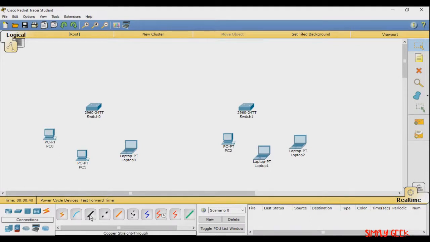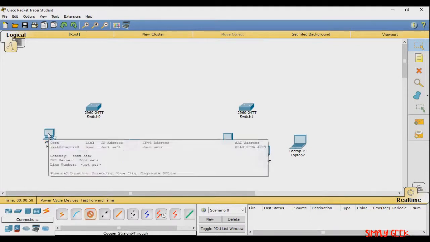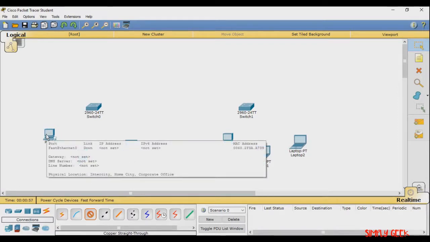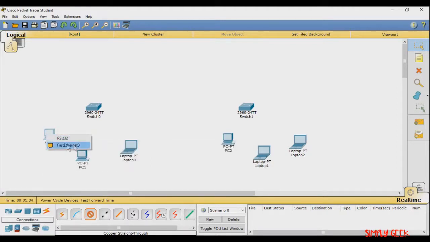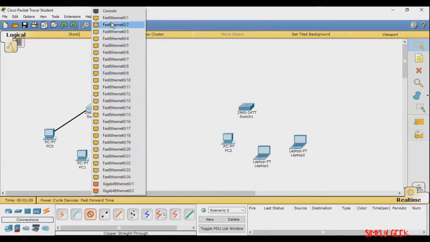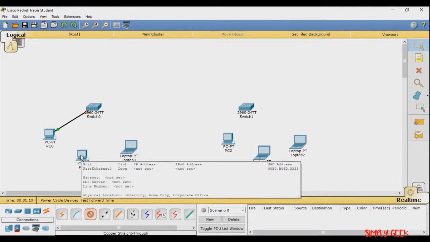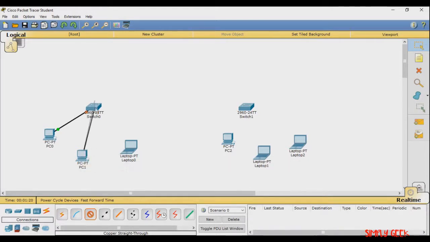Click on the copper straight through cable, and when you click on the computer, you can also see that the icon will change to look like a real life Ethernet cable. You click on the computer and click on FastEthernet0, then click on the switch and click on FastEthernet0/1. Similarly, click on the copper straight through cable again and click on the computer and